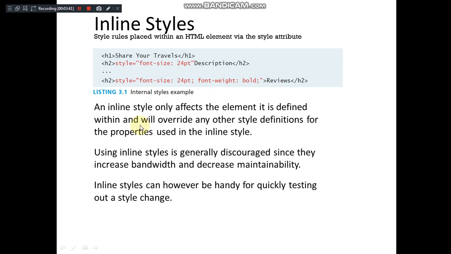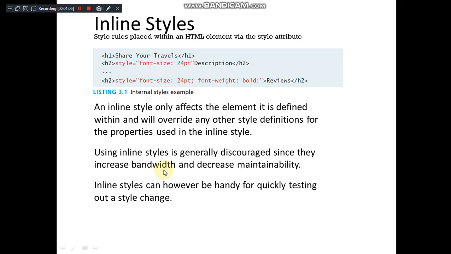This kind of style is not used generally because it increases the maintainability effort, right? Maintenance will be increased because for every element you need to specify the style separately, right? One of the main reasons why we go for using a style sheet is we want to reduce the repeatability of the same thing.